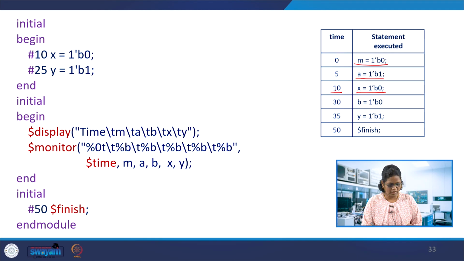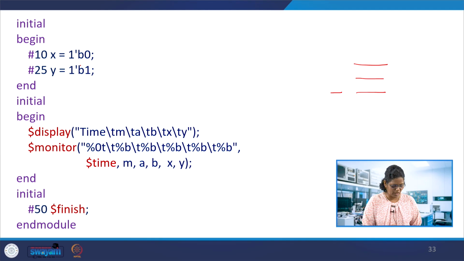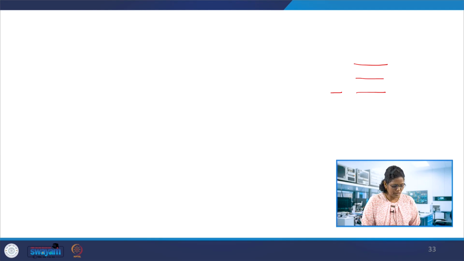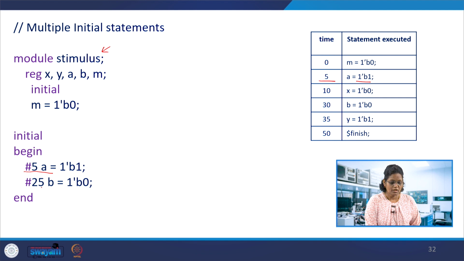After 10, let us see, will this 25 be executed? No, because here we have the block which has 25. So #5 is taken, and #10 from the next initial block gets executed. After this, the next immediate assignment evaluation comes at #25. So first 5, then go to the next initial block and execute that, from 0 to 10. After that, after 5 you have this 25. So this is 5 plus 25, at 30 this B is getting to be 0.